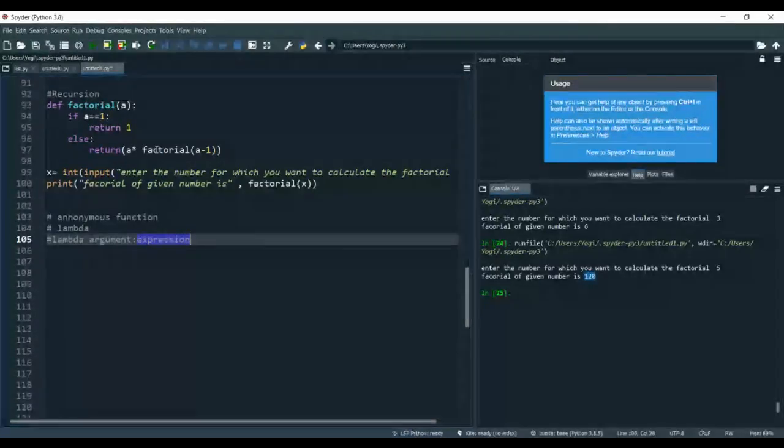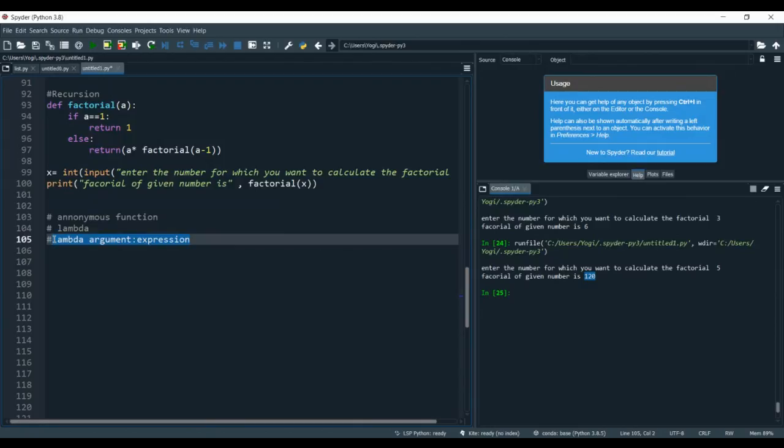The restriction on this function is that you can pass any number of arguments like a, b, c, d, e, but your expression will be single. Only one expression at a time you can pass in the lambda function. Any number of arguments, but one single expression. And this is the syntax for creating your lambda function, anonymous function, right?